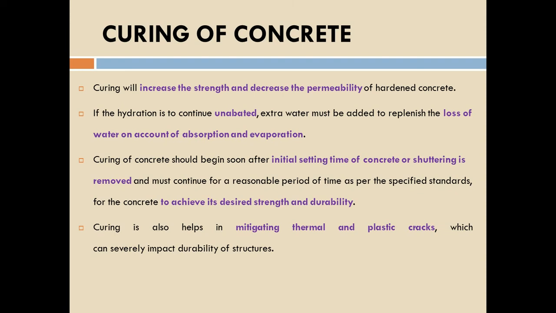Okay. And one more example is in the construction of road pavement or roof slab, where the area is more exposed to the environment. In those cases there will be more chances of getting plastic cracks, because the area is more exposed. If water is completely lost due to evaporation, then shrinkage cracks will develop. Once these cracks develop in the concrete surface, the concrete will definitely be weak.